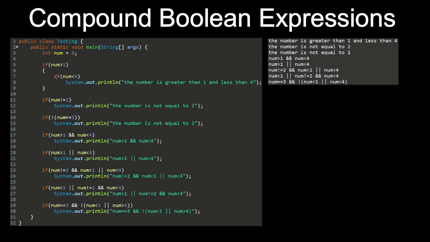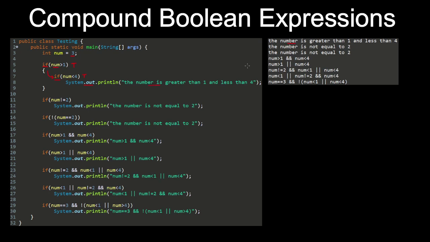Nested if statements consist of if statements inside if statements. So in this case, we have an integer with a value of 3, and we check if 3 is greater than 1, which is true, and therefore the nested if statement gets checked. So given that 3 is also less than 4, then the code statement is executed, and this string is printed